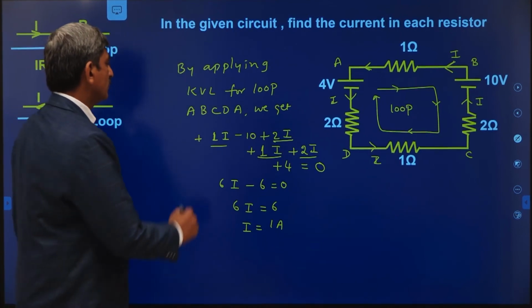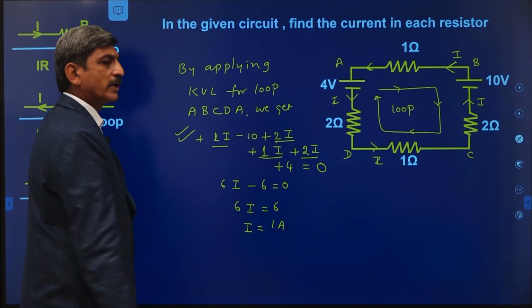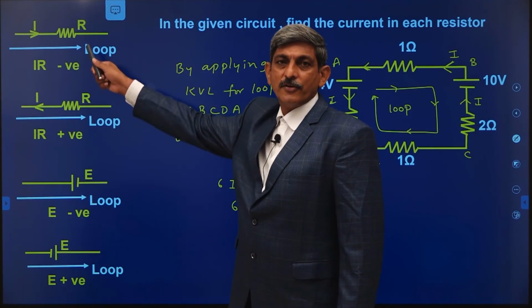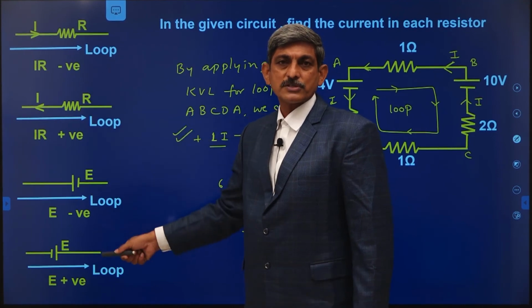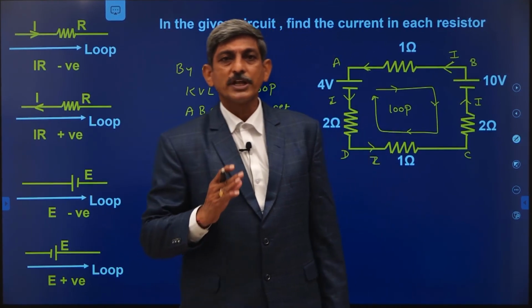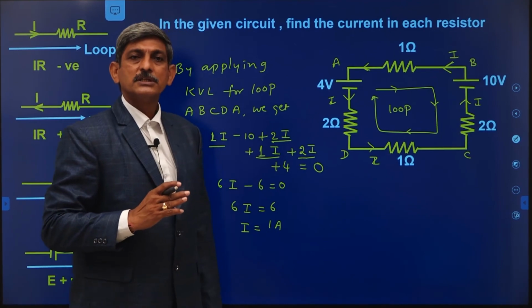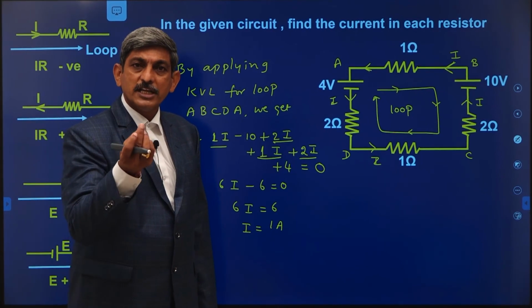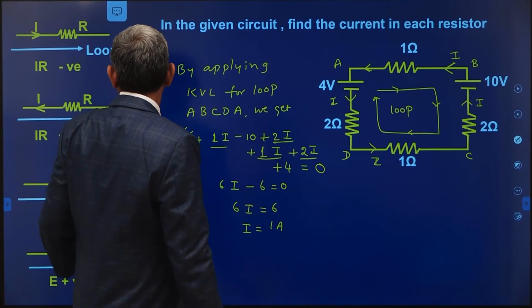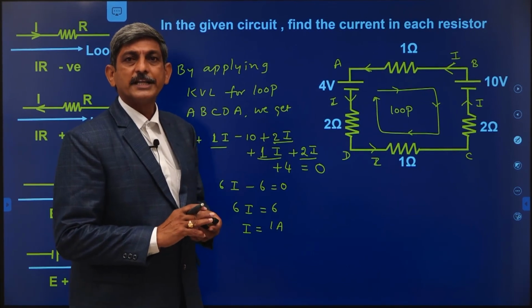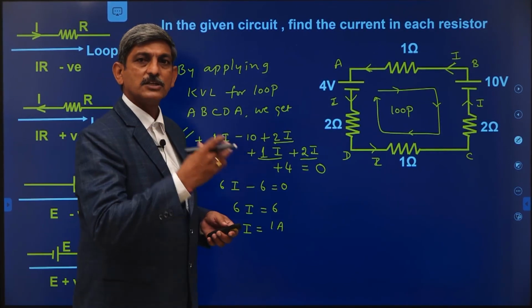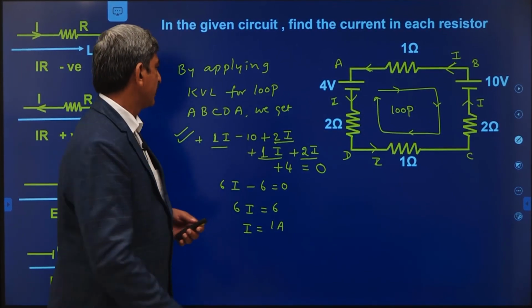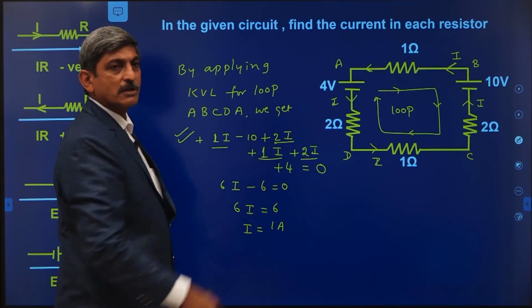Okay? So to write this equation, all these four rules must be in our mind. Only when we are familiar with these four rules can we write down Kirchhoff's voltage law, and then automatically we will get the solution in the right way. If suppose we have made any small mistake while writing Kirchhoff's law using these rules, then you will get the wrong solution at the end. Okay? Right. Keep these rules in mind, and this is the way to solve the problem.